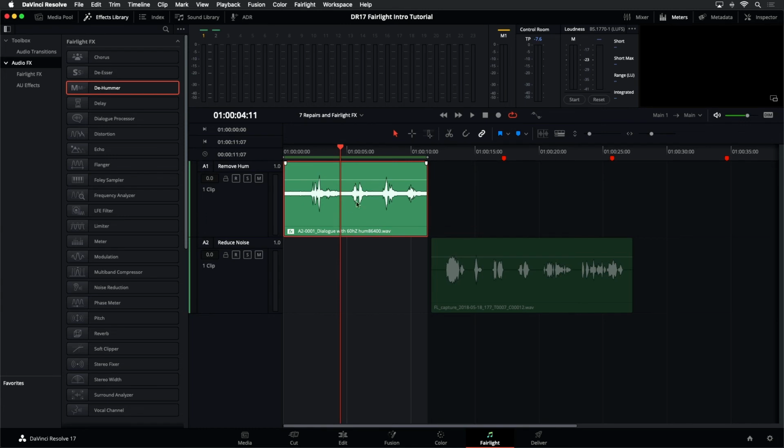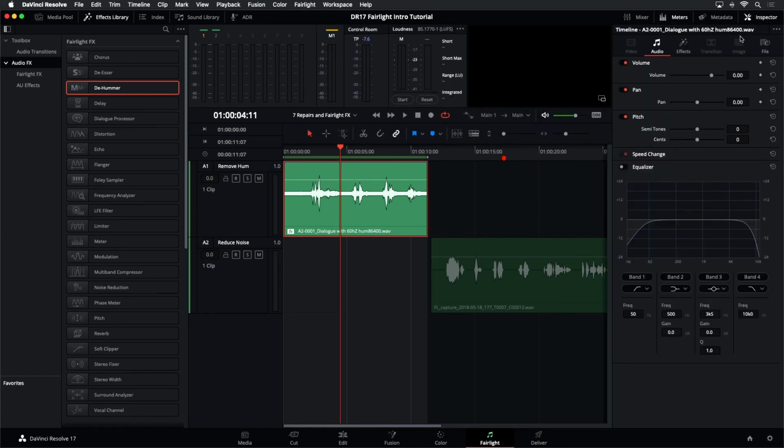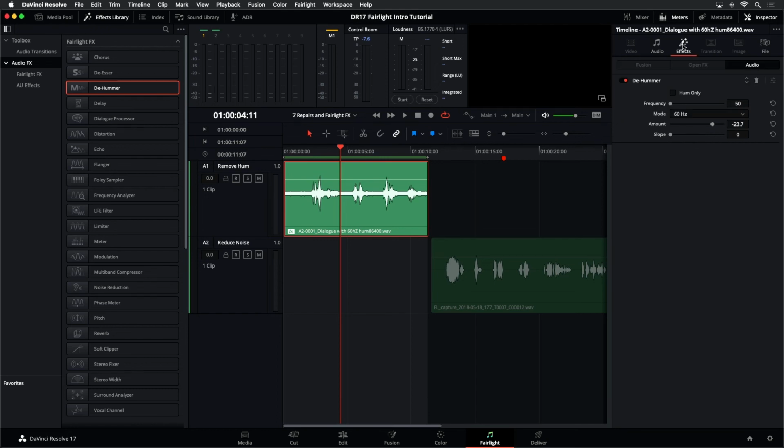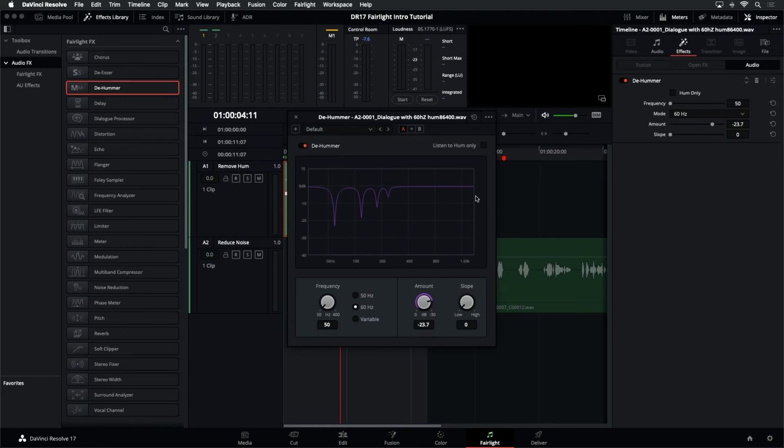One other thing while I've got this clip selected is let's go over to the inspector, because the inspector will show you information about anything that you have selected. In this case, if I select this clip, it's showing me information about that particular clip, including the effects that have been applied to it. All you have to do is click on that Effects tab, and now you'll see there's my dehummer plugin, and I can open up the controls for that anytime by going into the effects, and I can set that up. I can even turn it on and off from here,